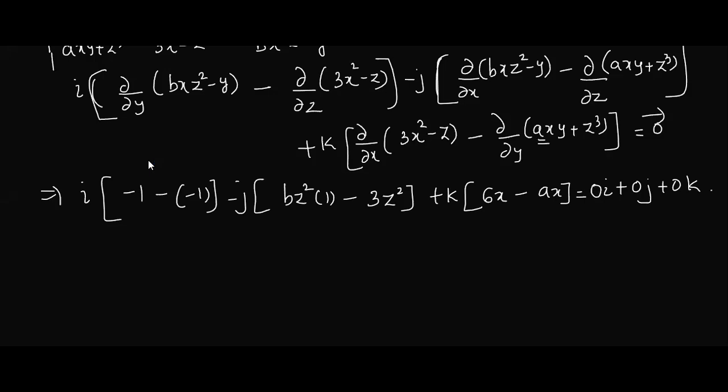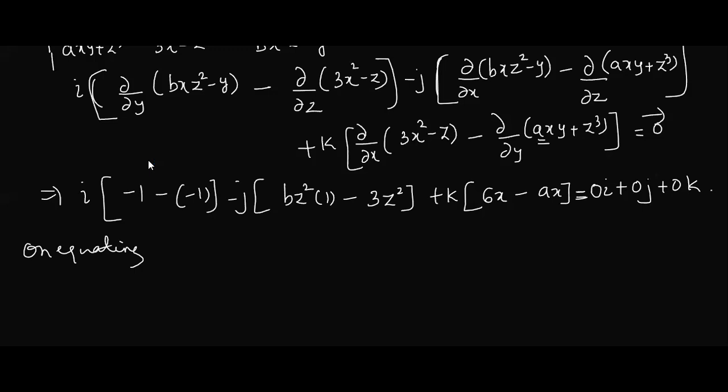Now what is this? Is it a vector or a scalar? The LHS part? A vector. RHS is also a vector, isn't it? We have an equality. What the equality of vectors says is that if two vectors are equal, we can equate the corresponding i coefficients, j coefficients and k coefficients. So you know what is to be equated.